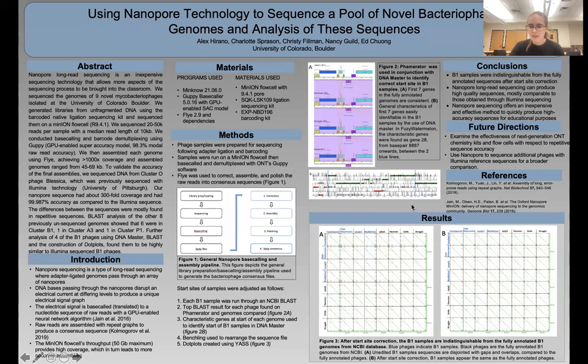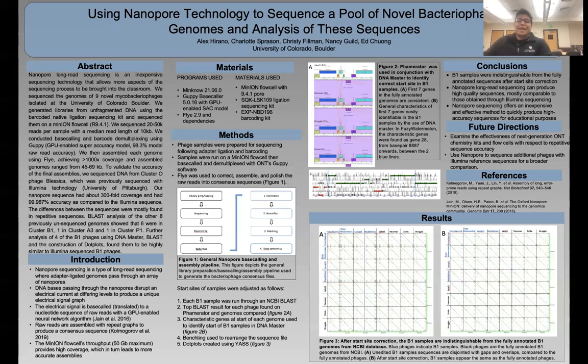So from this, we can conclude that our results suggest that nanopore sequencing is a method that can produce sequences with accuracy to a similar caliber of Illumina sequencing. And with that, I'll send you back to Alex to explain the rest of the details.